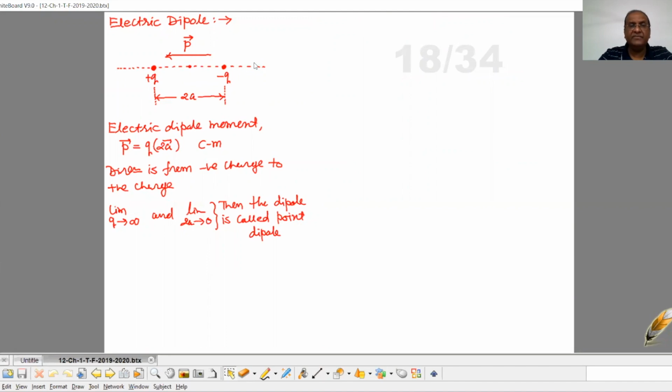And the equatorial line is passing through the center of the dipole and perpendicular to the line joining these two charges, means here. Okay, so we have to find the electric field on the